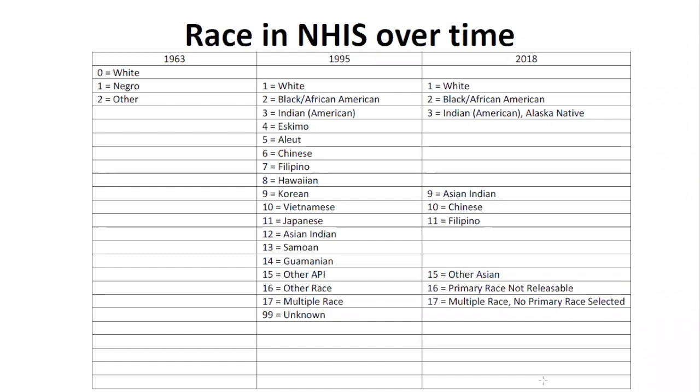A variable with a lot of change over time, for example, is race. In 1963, the first year we have the NHIS data, race has 3 categories: white, black, and other. In 1995, the number of categories for the race variable expanded to 18 different categories, including separate codes for groups such as Aleut, Vietnamese, and Samoan. By 2018, the number of categories for the race variable has been reduced to 8: white, black or African American, American Indian or Alaska Native, Asian Indian, Chinese, Filipino, other Asian, primary race not releasable, multiple race, and no primary